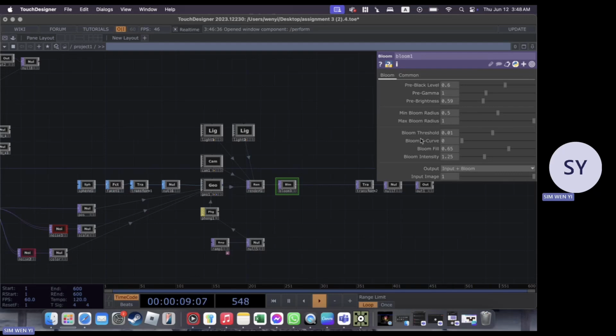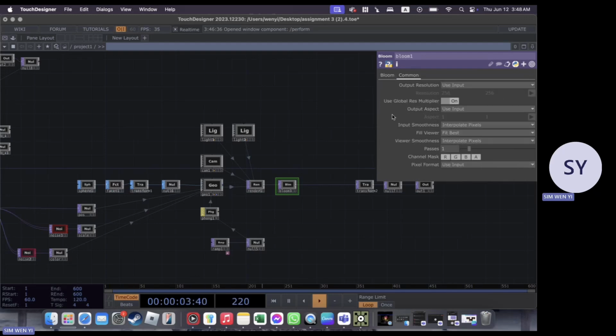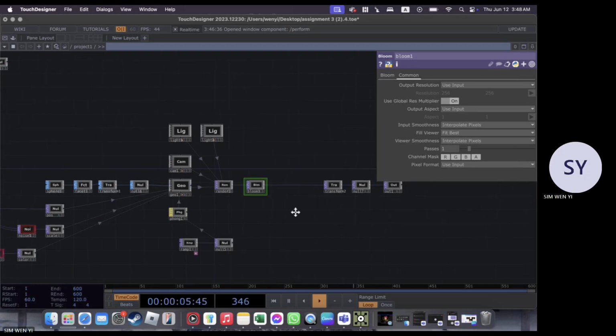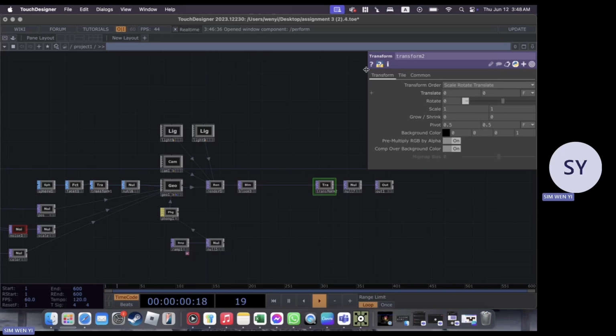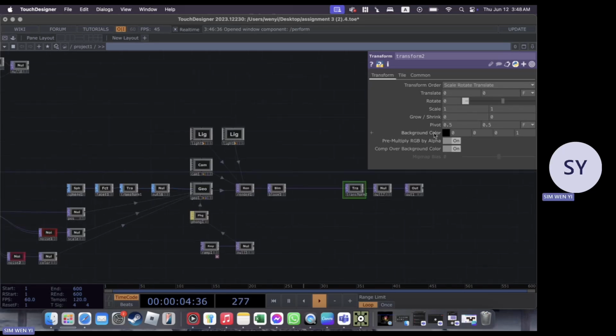And this is a bloom where I edited some stuff on myself. And over here is transform. I didn't change much here. I only colored the background,